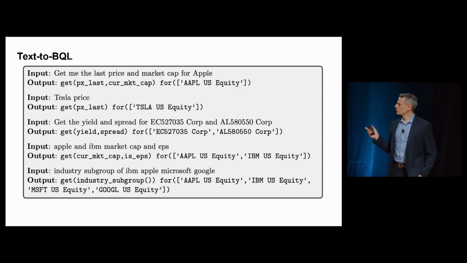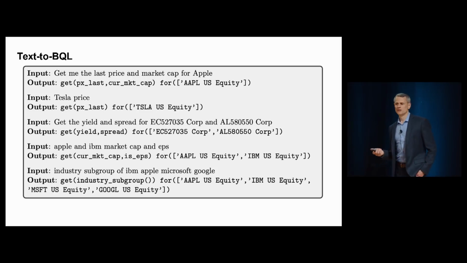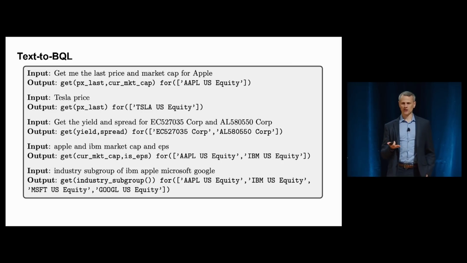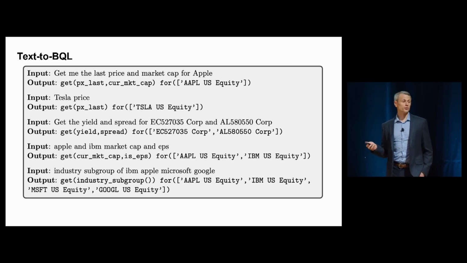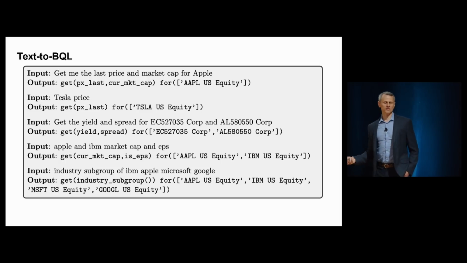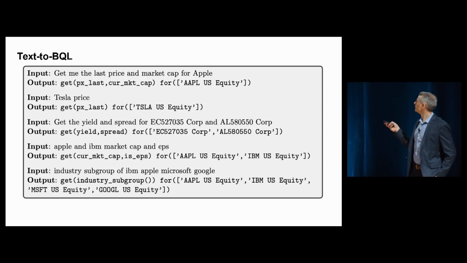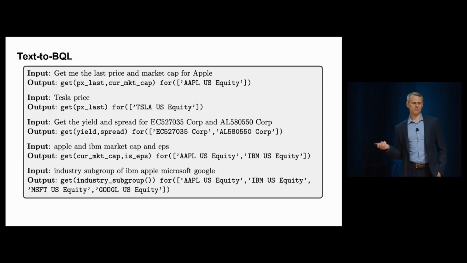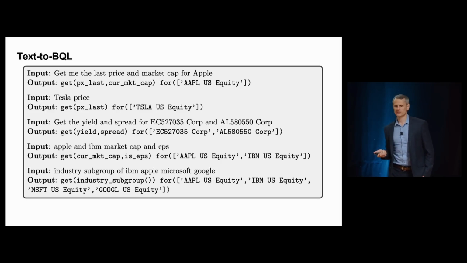And the model does pretty well on this out of the box, despite not having any BQL in the training data at all. We did this with what is called few-shot learning. We gave 3 examples of the translation between natural language text and this BQL output. For the 4th example, we would just give the input, write output colon, and then have the language model continue to generate, and it would generate this BQL text. This just anecdotally worked fairly well out of the box, which is nice. This is one of the things that we're excited to bring to the product in the future.